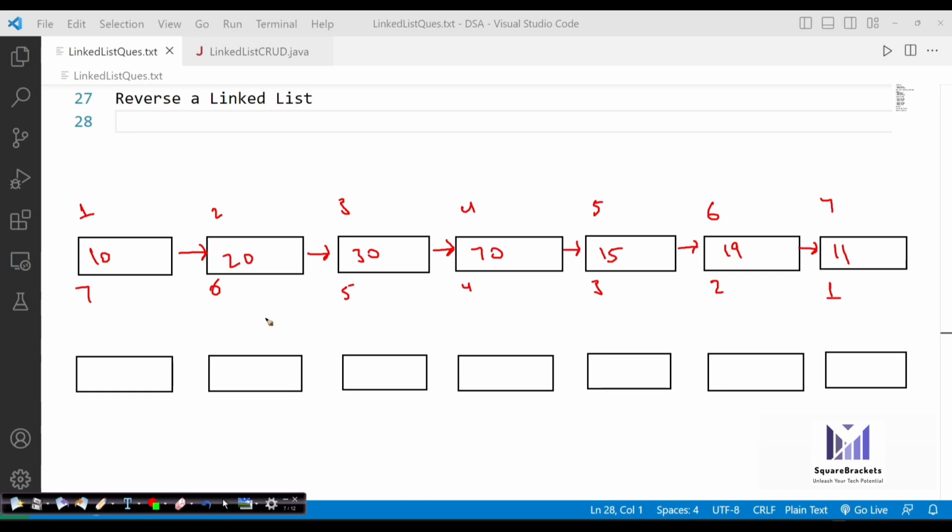At the end, the output should be that right now we know that 11 refers to null. But when we reverse a linked list, the 10 will refer to null. This is what it has to do. So now what we'll be doing is when we have to reverse, first of all, we will take few pointers. Like instead of reversing a linked list, I will say like 20 will be there as it is, 10 will be there.